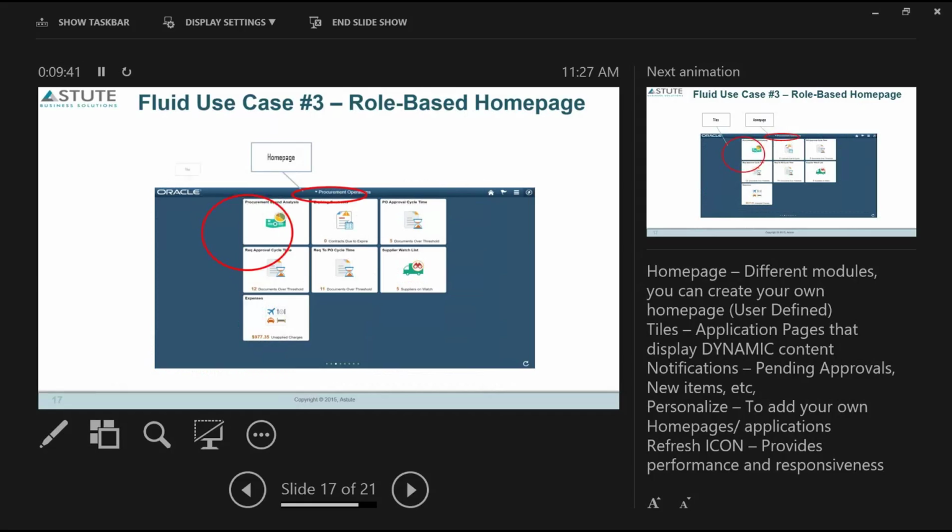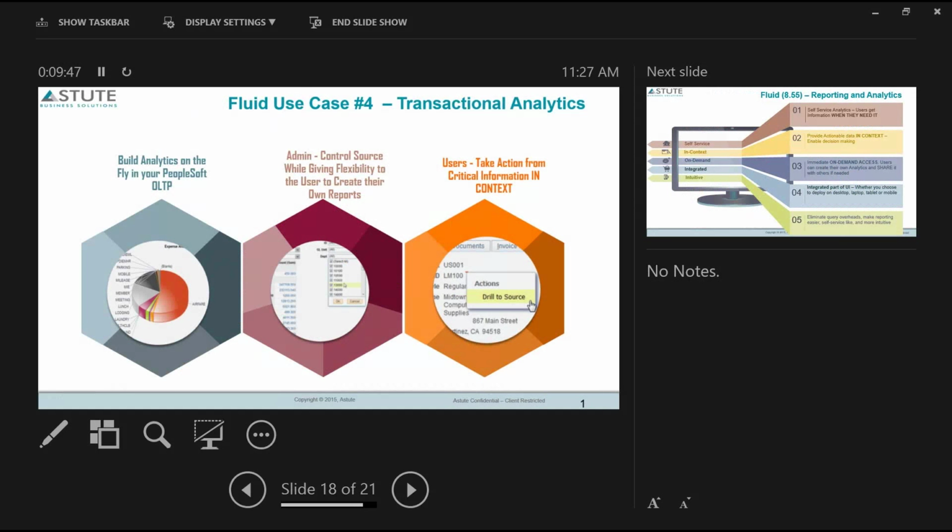So this just points out what some of the features are in Fluid, and I'll cover that when we get to the demo, very quickly. The other thing that you could do, the use case that we're going to show you today, is transactional analytics. Now with Fluid, you have the ability to build some analytics on the fly in your PeopleSoft system. Now, you have to take this with a grain of salt, because we are not talking about BI-style analytics